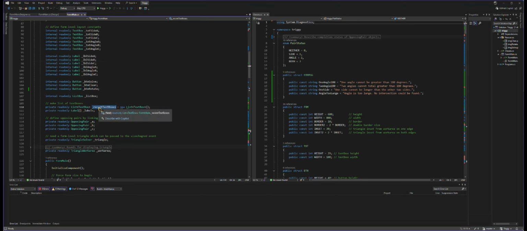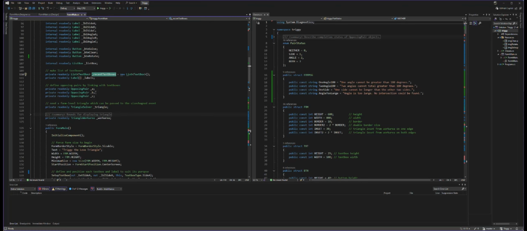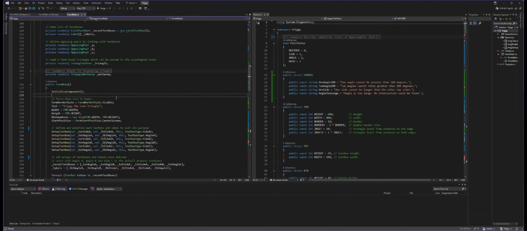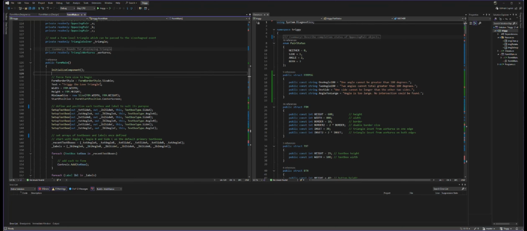I've got a list of text boxes, 3 instances of my opposing pair class, which defines the triangle, the triangle solver class, which solves the triangle, and the work area class, which displays the triangle. I've got my form main,